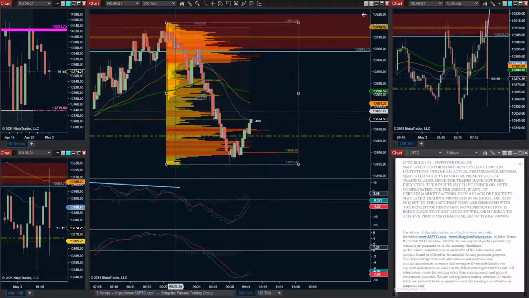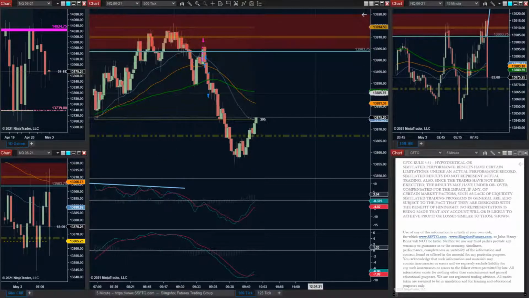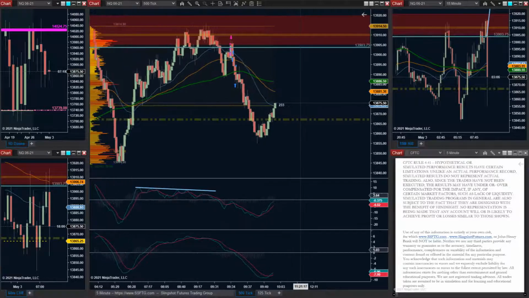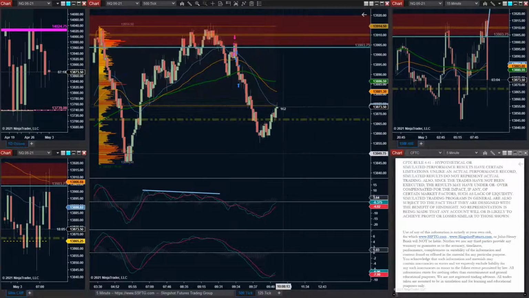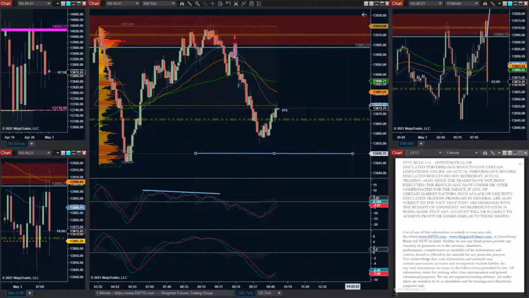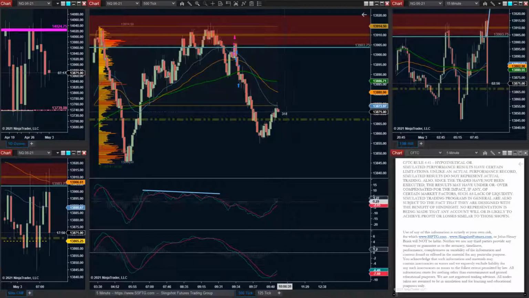Very heavily bottom-weighted POC. Still haven't made it down to that ultimate objective. It's back at those 850s, but it just feels like they couldn't get the job done, really.